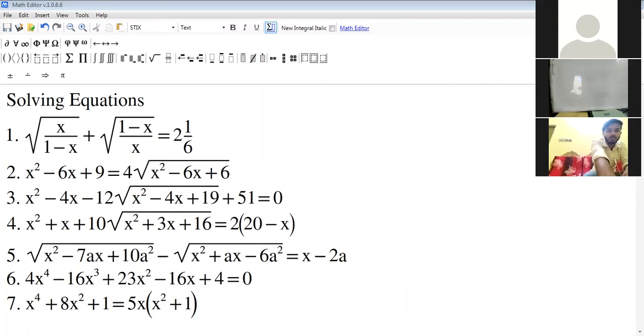Okay, welcome to everybody. Today we'll try to solve these types of equation with different degrees. In our previous lectures, we have solved the quadratic equation, and how to solve a quadratic equation by using the formula and the factorization method. So in the previous class, we solved quadratic equations. Now today we'll try to solve different types of equation by using the quadratic equation or factorization method and others.